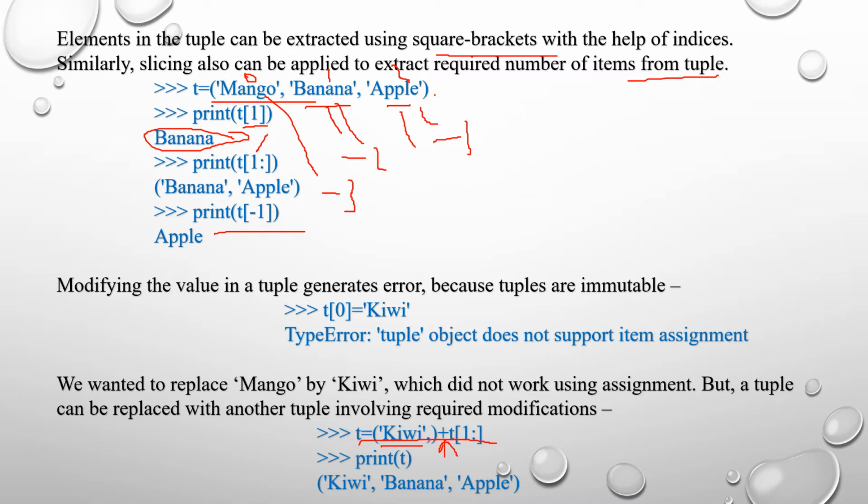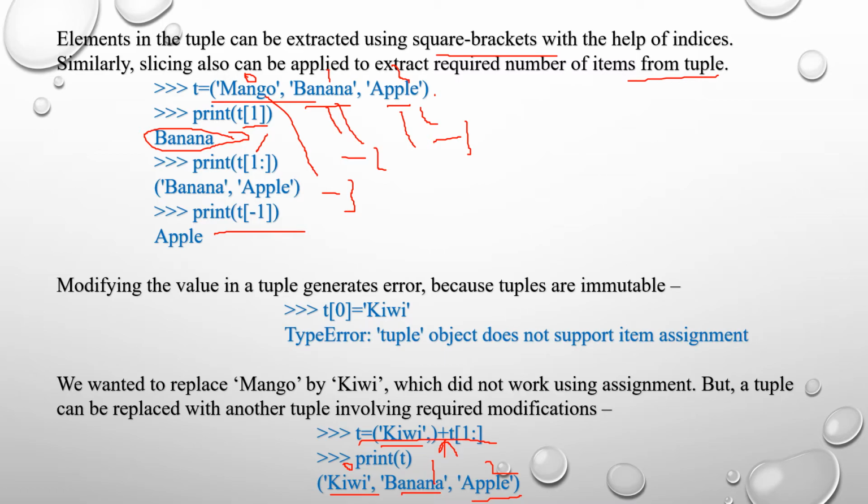So if you print t, the Python interpreter will print kiwi, banana and apple. Here the 0th indexing value mango is replaced with kiwi. So kiwi indexing value is 0, banana is 1, and apple is 2. Let's try all these things in